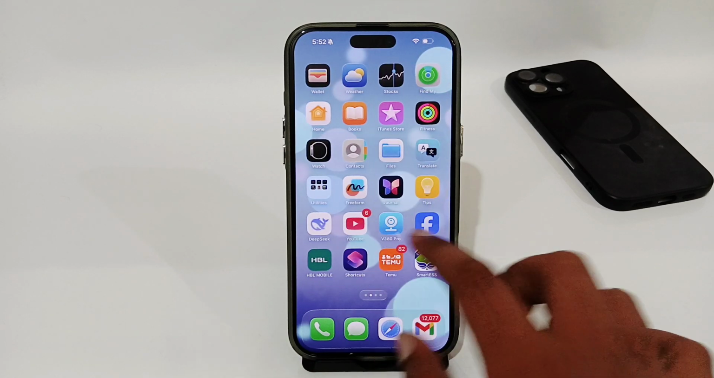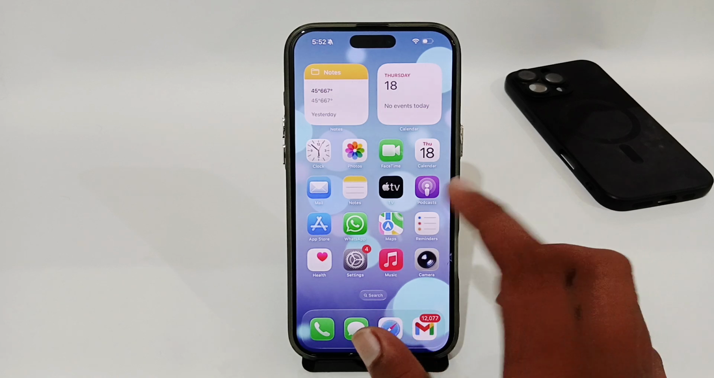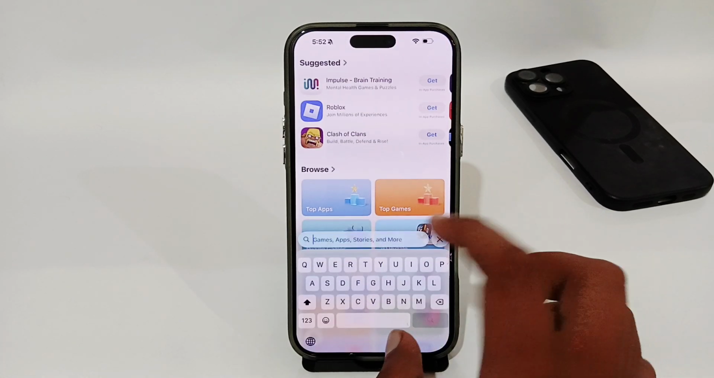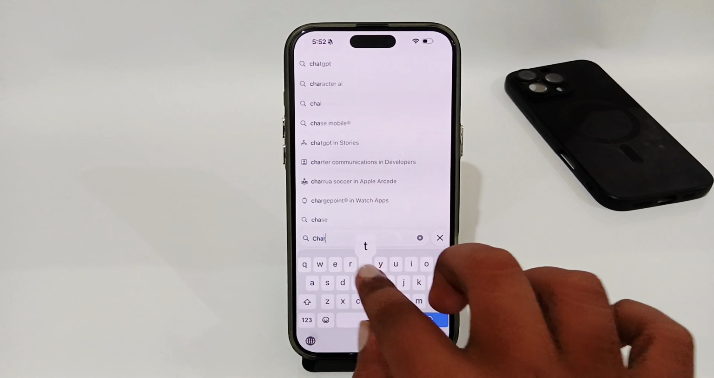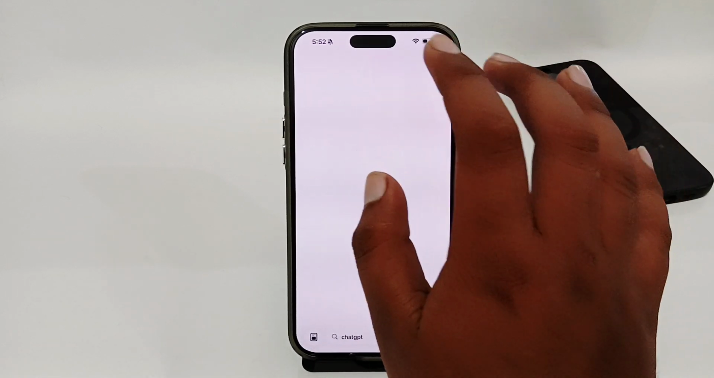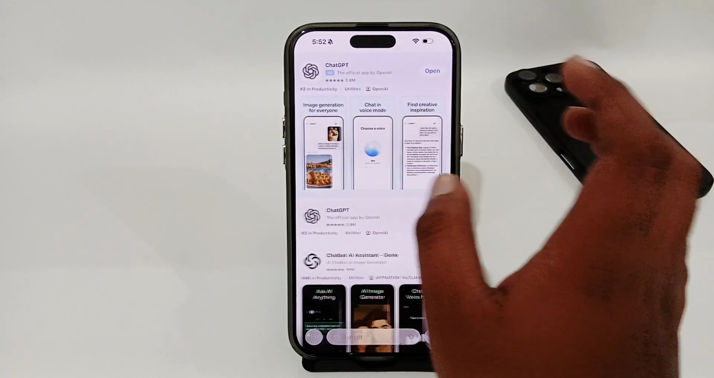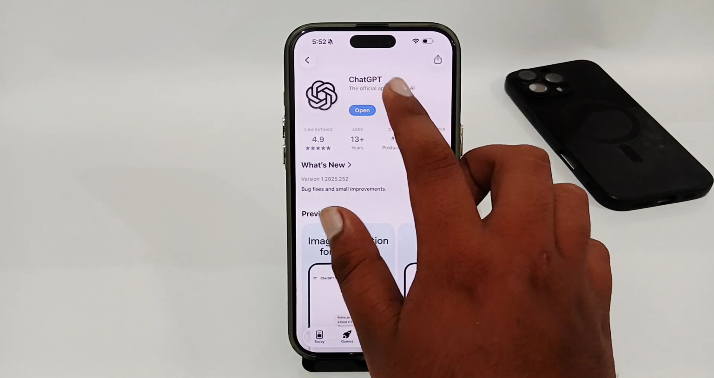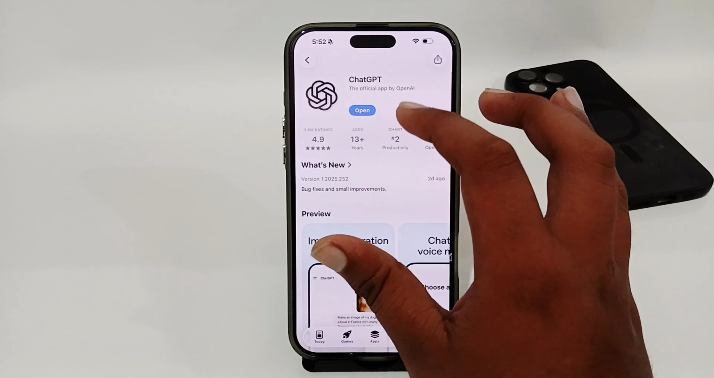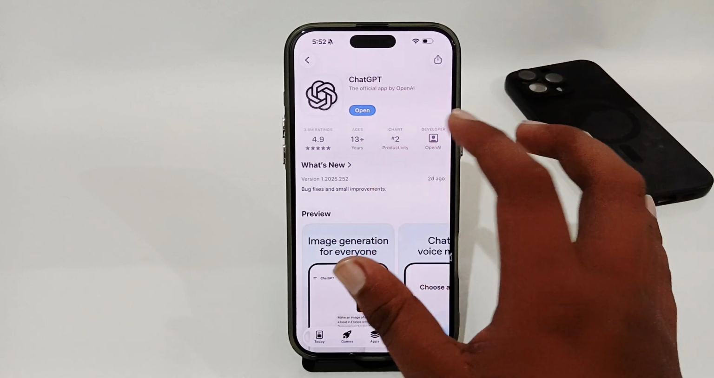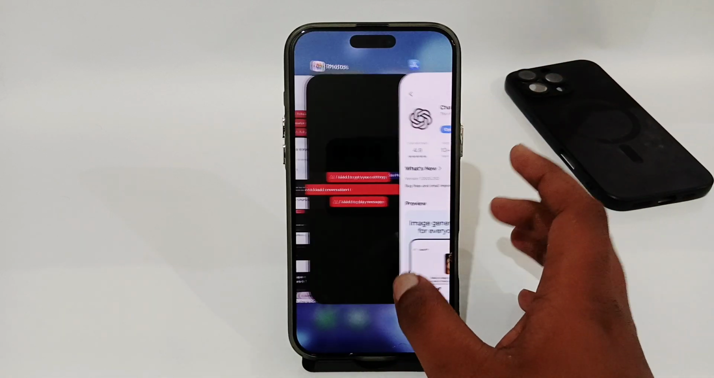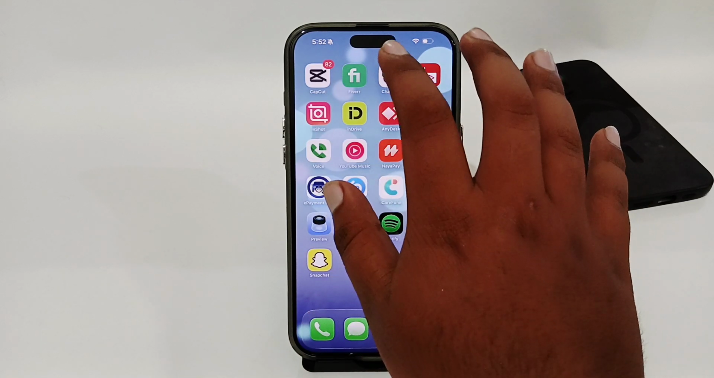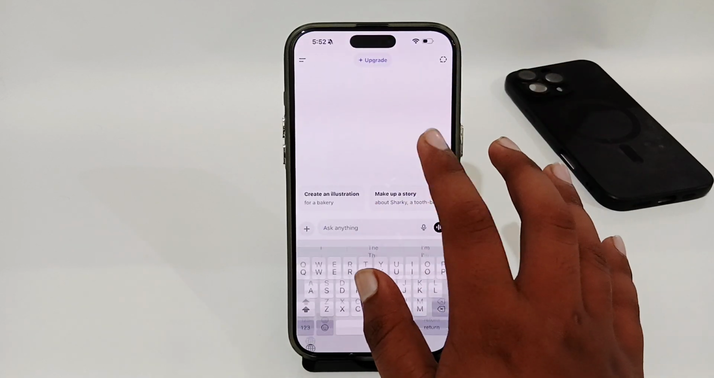The first thing you have to try is to open your App Store or Play Store and simply search for ChatGPT. Once you have searched, make sure there is no update available for your ChatGPT application. If there's any update available, you have to download and install that update or update your app. Once your app has been successfully updated, reopen your ChatGPT application and here you have to make